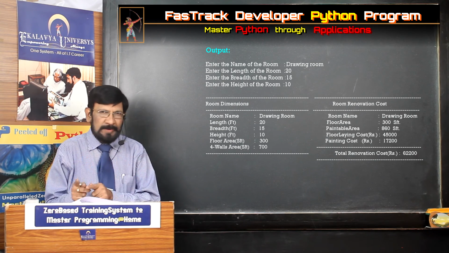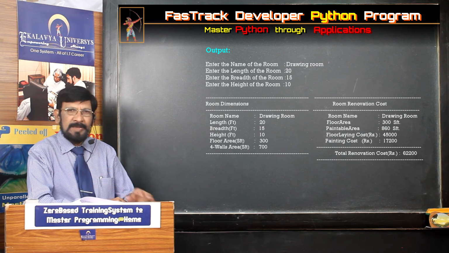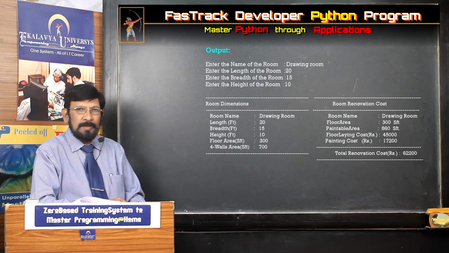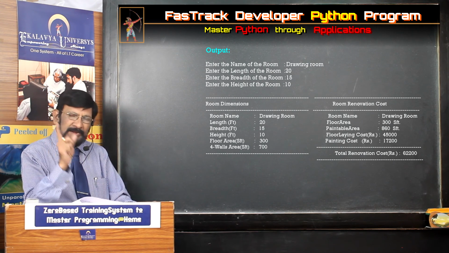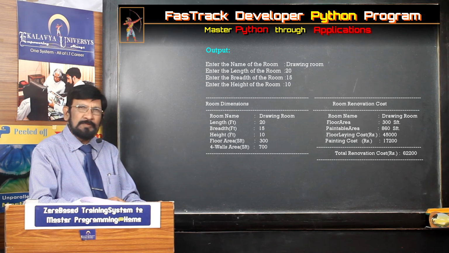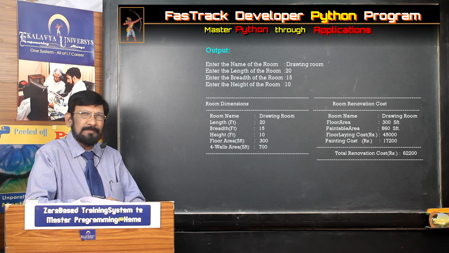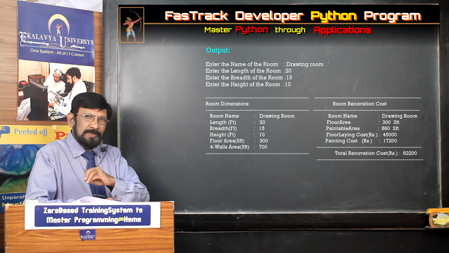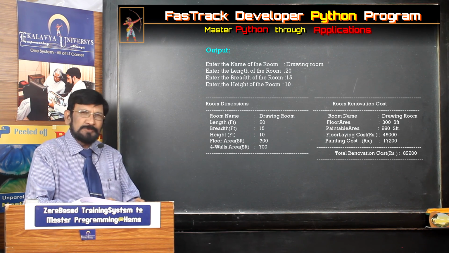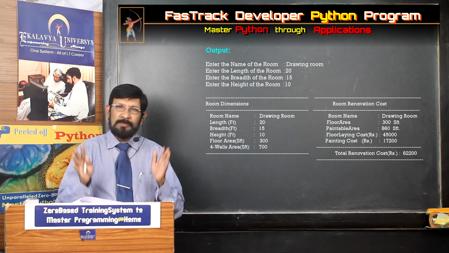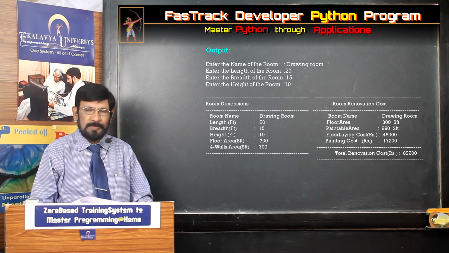So, you make that practice and you write the code, and the remaining extension code also you write. But don't be over smart. Every time I tell you, many students are very over smart. Without understanding the problem, they start typing, and I don't do that. If you come out of that in no time, I promise you, in no time, you will be evaluated as a professional. No doubt about that.